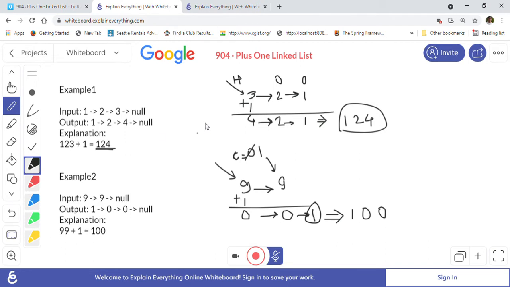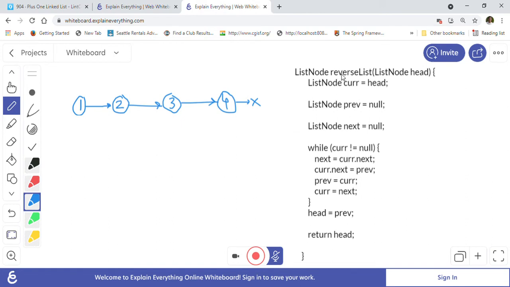So basically, first we have to implement the reversing of the linked list, right? Because the reversing will be required to solve this problem. So how will the reversing code work? I'm just showing you how the list reversing code works. If, for example, this is the list, then I have listed the code here, and I'll quickly explain how the reversing works, because the solution is based on reversing the list.